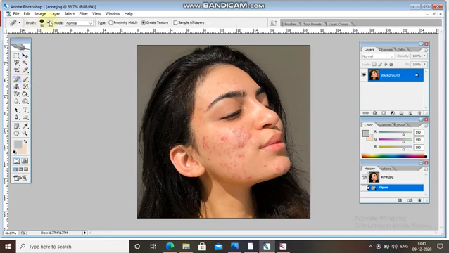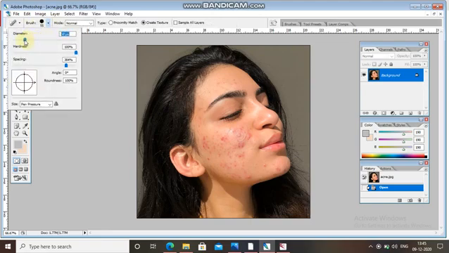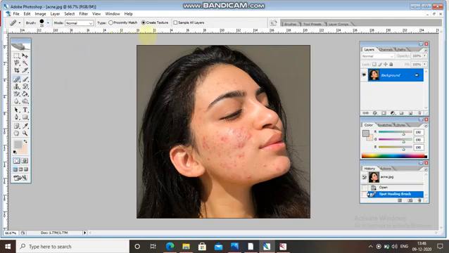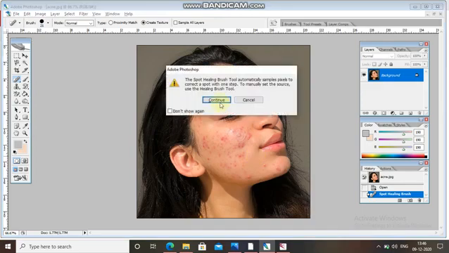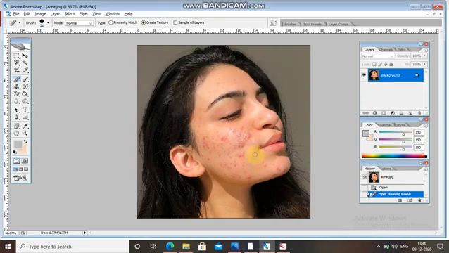Select this tool. Here you will get the brushes of the radius, hardness. Okay, so approximately match or create texture. Okay, so here if you see, first you have to choose one color of the face which is clean. Okay, so I think this one is okay. So press Alt button from the keyboard and click. So healing brush tool always takes this, okay, by default. So now start clicking.